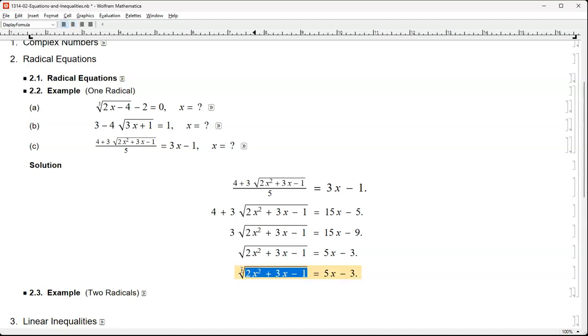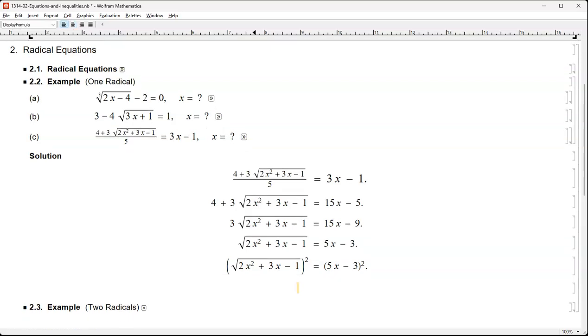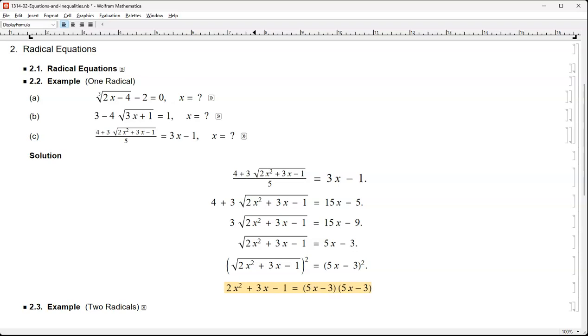So square this, and then square this. Okay, left hand side, radical and square will be gone. That's the idea. Square root and square, cubing root and cube, quarting root and fourth power, cancelling out. And to the right, well, you can do 4x minus 3 and then 5x minus 3 and then